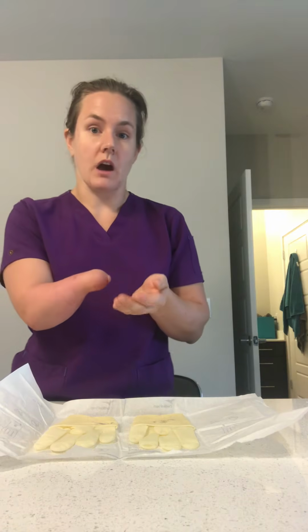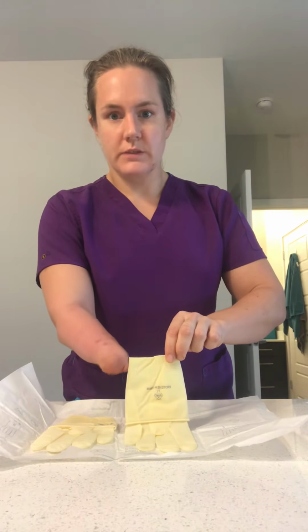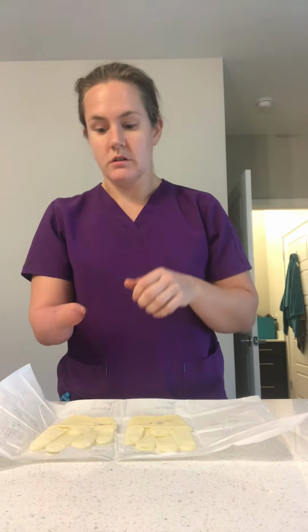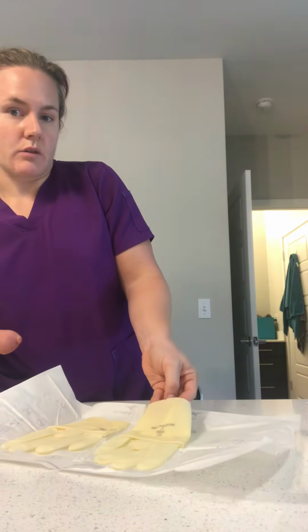And you're actually going to use my little hand to help put it on too. So I'm just showing you. Here, this folded part is non-sterile. The fingers and everything on the inside of it is sterile. Since our hands are non-sterile, the only part we can touch is this little cuff part here. Okay, so you're gonna grab the glove,